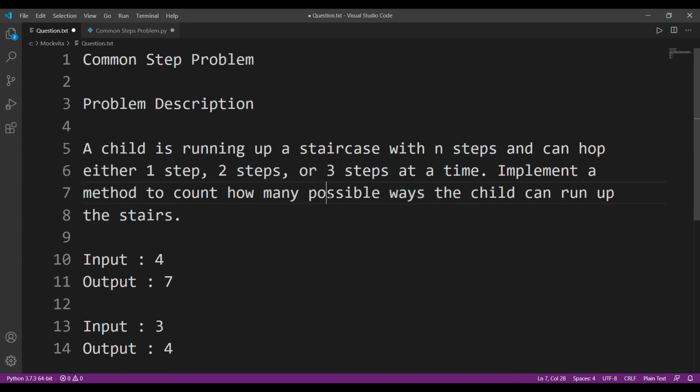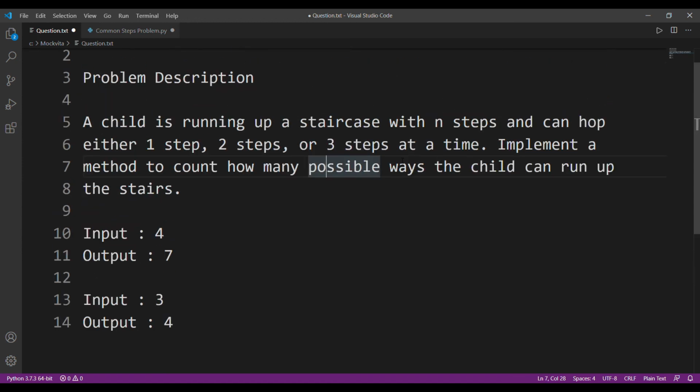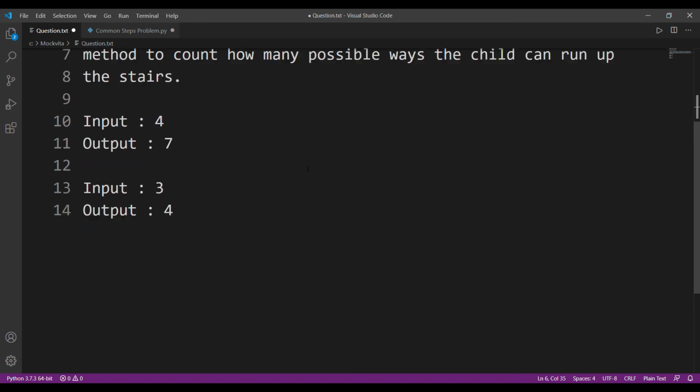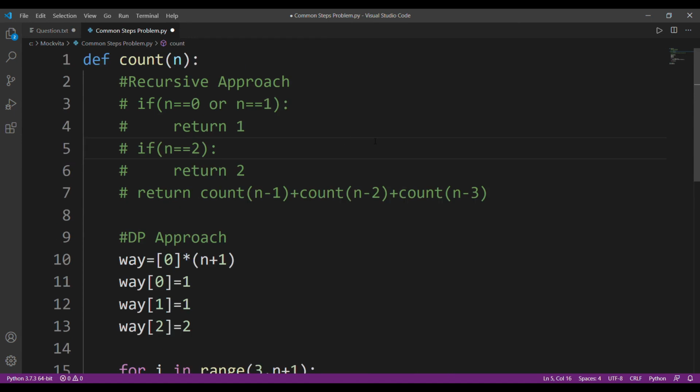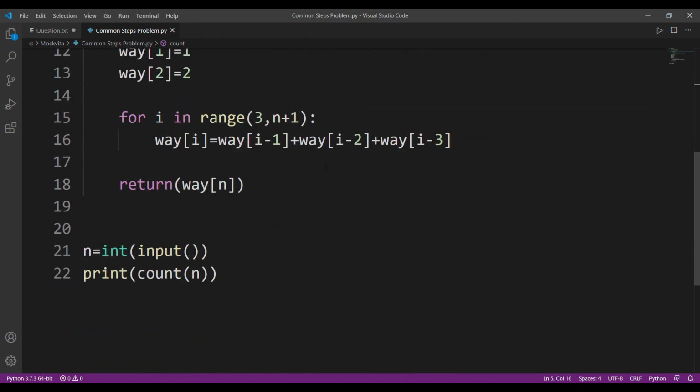To be more precise, only this third step. And if you encounter a question where they say you have four steps or five steps, you just need to extend this, because this is the only required knowledge for this question. This is very similar to Fibonacci, and that's all we did here.